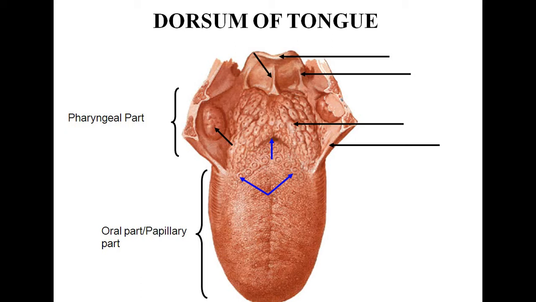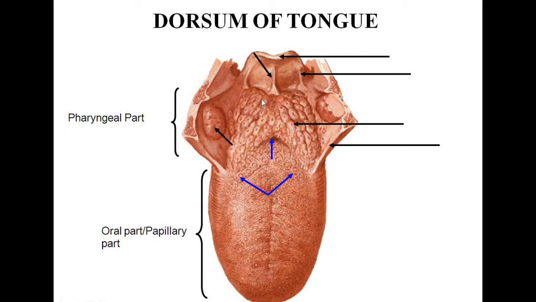So what are papillae? Papillae are nothing but projections of the lamina propria of the mucous membrane, covered by the epithelium. The epithelium of the tongue is stratified squamous non-keratinized epithelium. Circumvallate papillae are present in this region. Then there are the filiform papillae, which are conical projections again. Foliate papillae and fungiform papillae are also present in this anterior two-third part of the tongue.